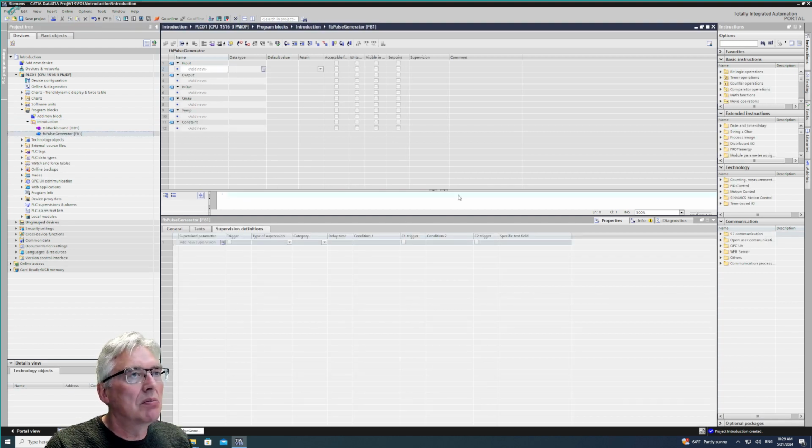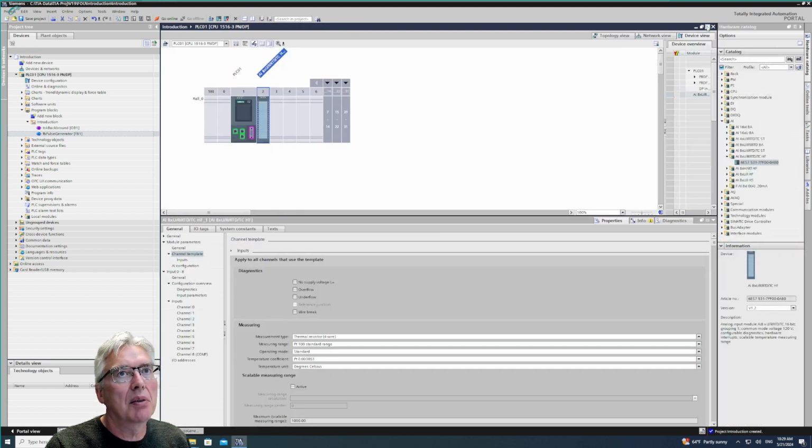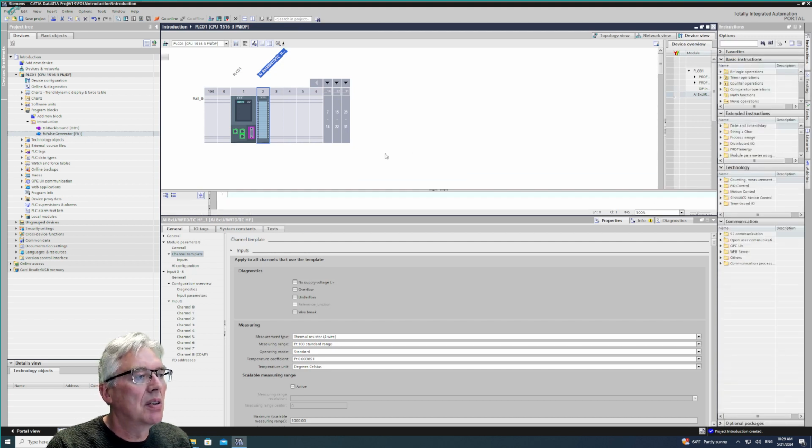So now you have more tabs down here. Now we can look at the task background, look at this, and I have device configuration if I need that. I'm not going to use that anymore. So I'm just going to